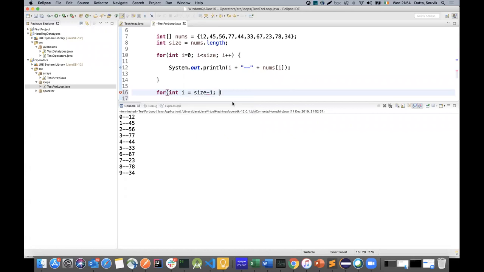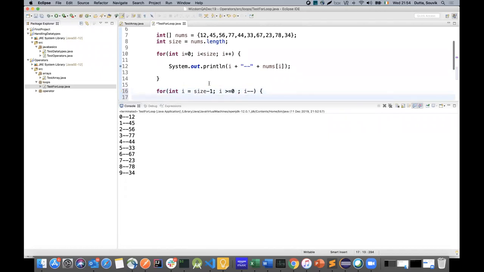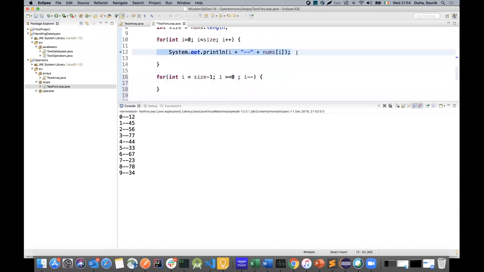So I'm just looping it from top to bottom now. So I greater than equals to, it's not less than equals to now. It is greater than equals to 0. Obviously this will work because I want to actually reach 0. And then I say I minus minus, and then I simply say the same stuff here,